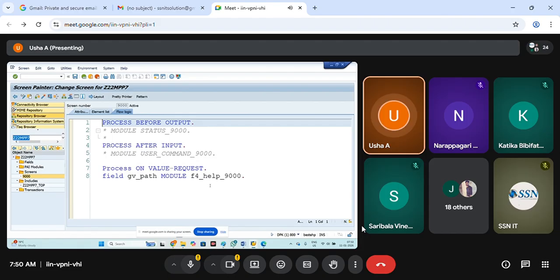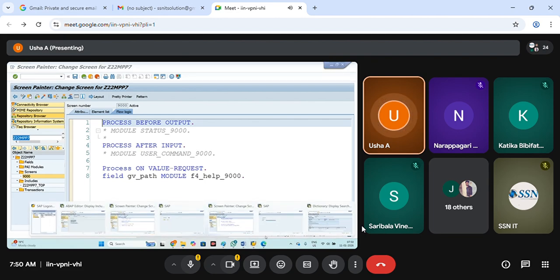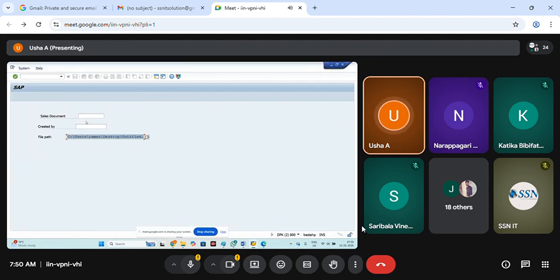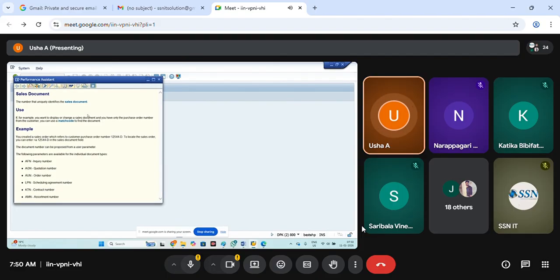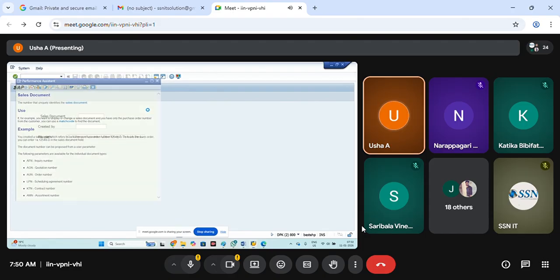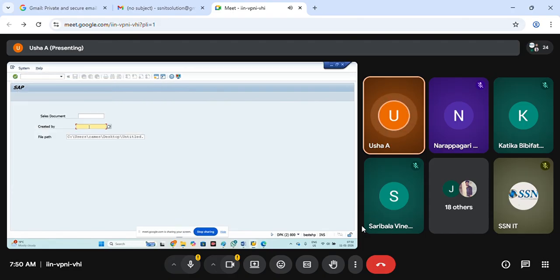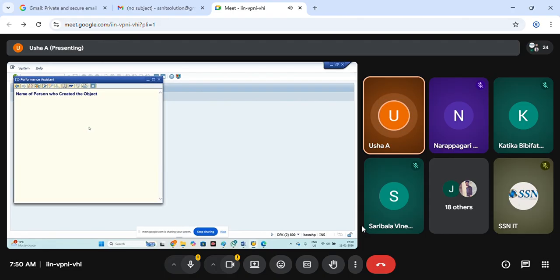If the field is having the help, here also we have three ways to get the F1 help. What is that? If the field is having the help, I'm pressing F1 on that. It already has documentation, so it is showing. And if it is not there, I'm just pressing F1 and it doesn't have any documentation, so it is not showing. And if it is a custom field, I can go to the data element and add the documentation. That is the second option.